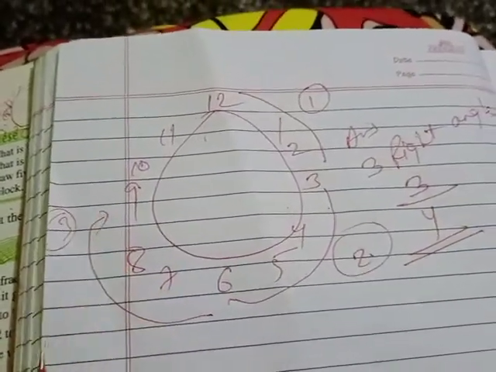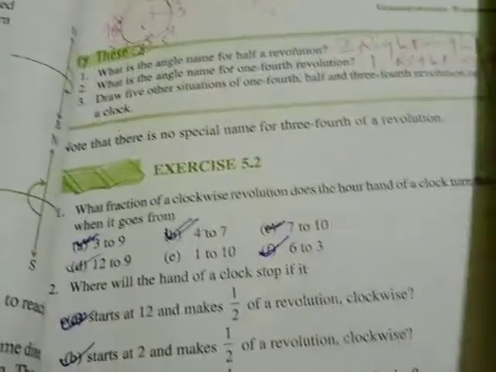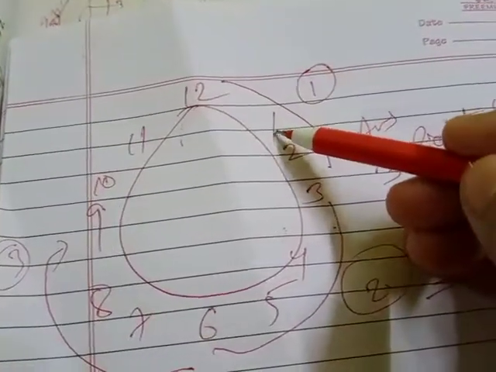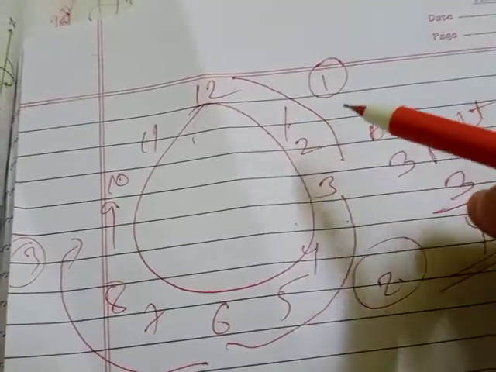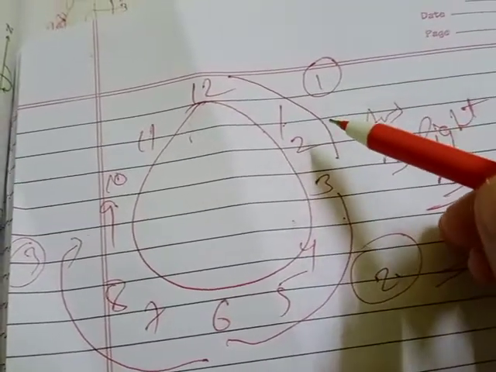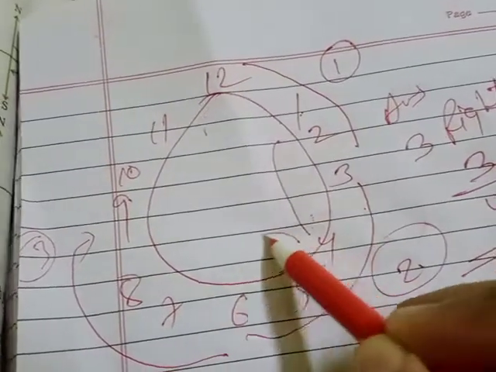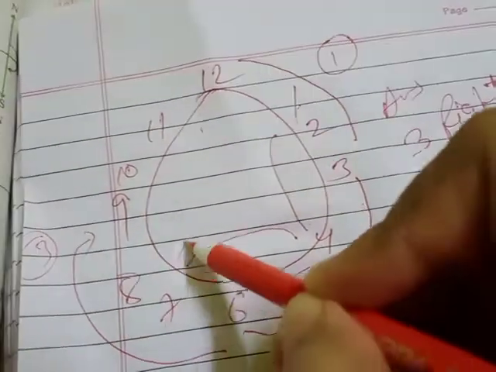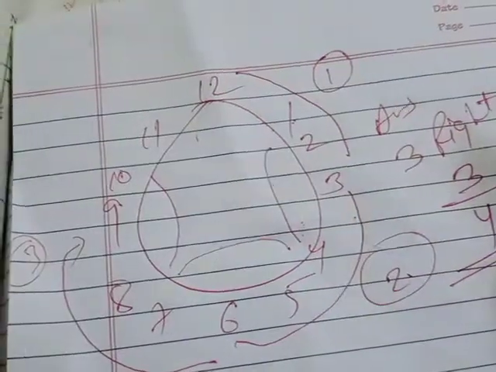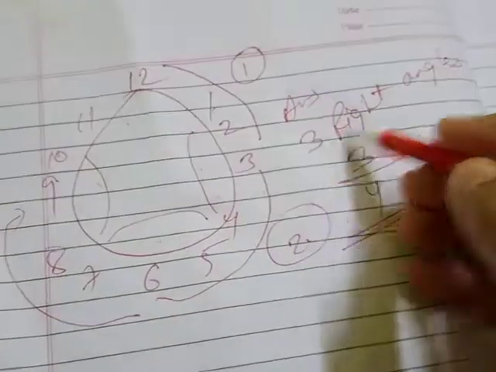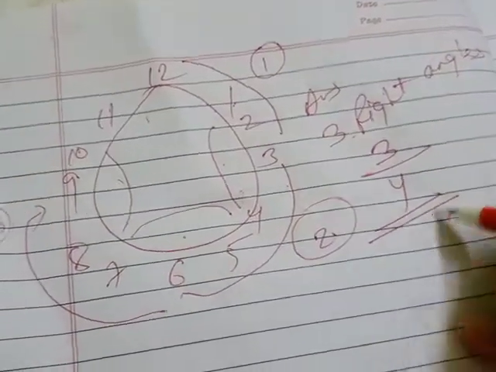This is a new point. Then what else? 1 to 10. So this is 1. From 1, 3 units are considered one right angle, keep in mind. So 1 to 4 is one right angle. Then 4 to 7 is the second right angle. 7 to 10 is the third right angle. Again 3 turns we have taken. The answer will be 3 right angles, 3 by 4.